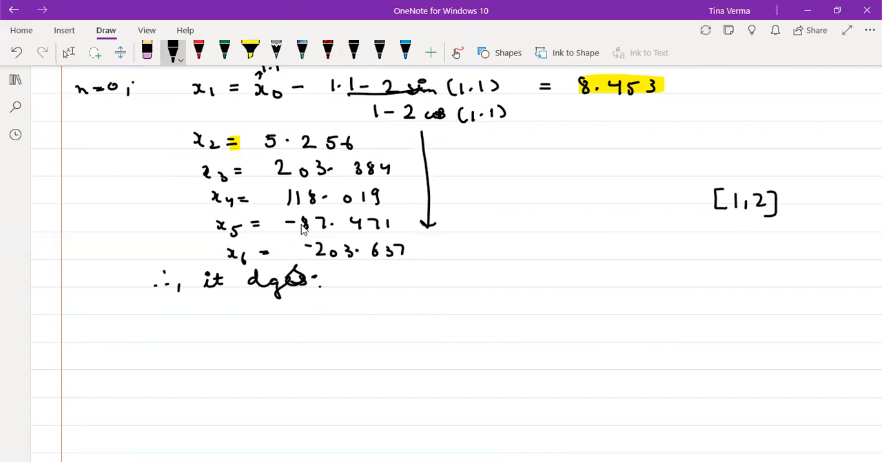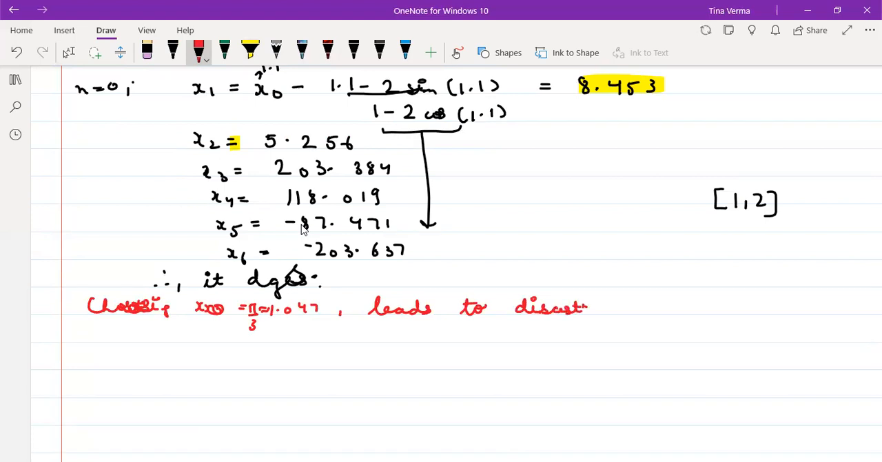Because when we have selected x naught as 1.1, this function at 1.1 is nearly equal to 0. So when you are dividing by a number nearly equal to 0, the numerator values will become larger, so your error will increase. So you can write, since we have chosen x naught as 1.0475, that at the approximate value of pi by 3, it leads to disaster. Since 1 minus 2 cos of x naught is equal to 0, therefore x1 does not exist